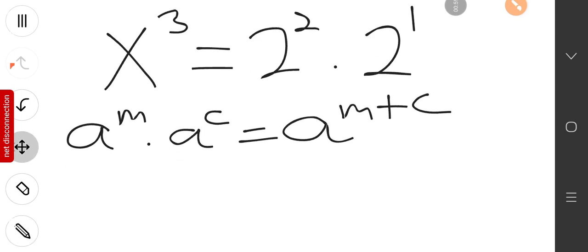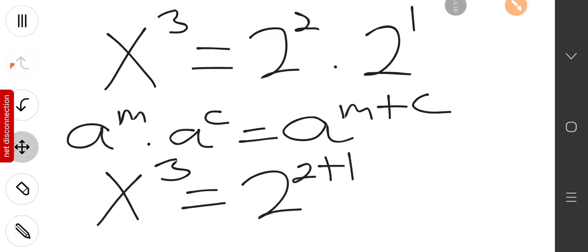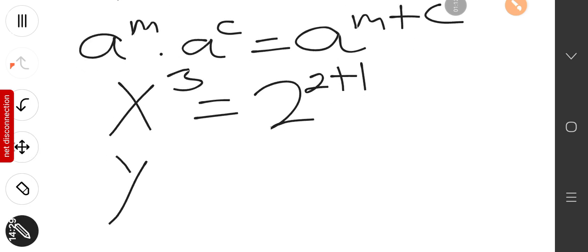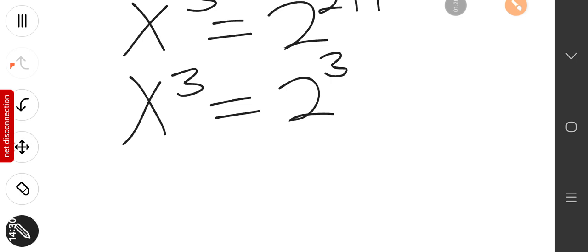Now let's apply this concept to the right part of our equation. So you're going to have x exponent 3 equals 2 exponent 2 plus 1, so you're going to have x exponent 3 equals 2 exponent 3. You can see we have x exponent 3 at the left part and 2 exponent 3 at the right part. Now let's transpose 2 exponent 3 to the left part of the equation